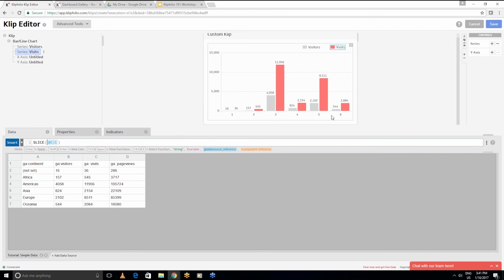Perfect, so I'm done with my series, so that's great. So now I'm going to move to my x-axis. Now for my x-axis today, I want to use the A column, so we're going to show continents. So basically, we're going to use the exact same formulas we've just used. We're going to use the whole column here. So I want to select all of A, but to make sure everything lines up, we have to remove